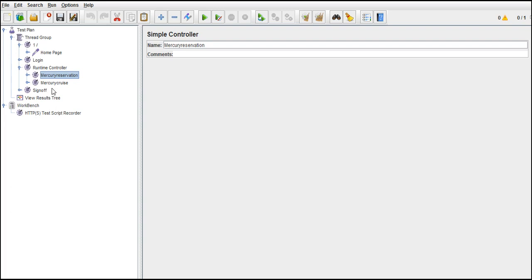Now I am interested in how much time the credit card payment takes. When you run, going to that page gives you one request, clicking on the agreement terms gives one request, then the final confirmation before you submit, and the thank you page. Totally 4 requests are generated. But from a business point of view, I am interested in the time taken for the credit card payment. That means I need the total time of the 4 requests. All of those are treated as one transaction. Basically, a transaction is one end-to-end operation or flow in an application.